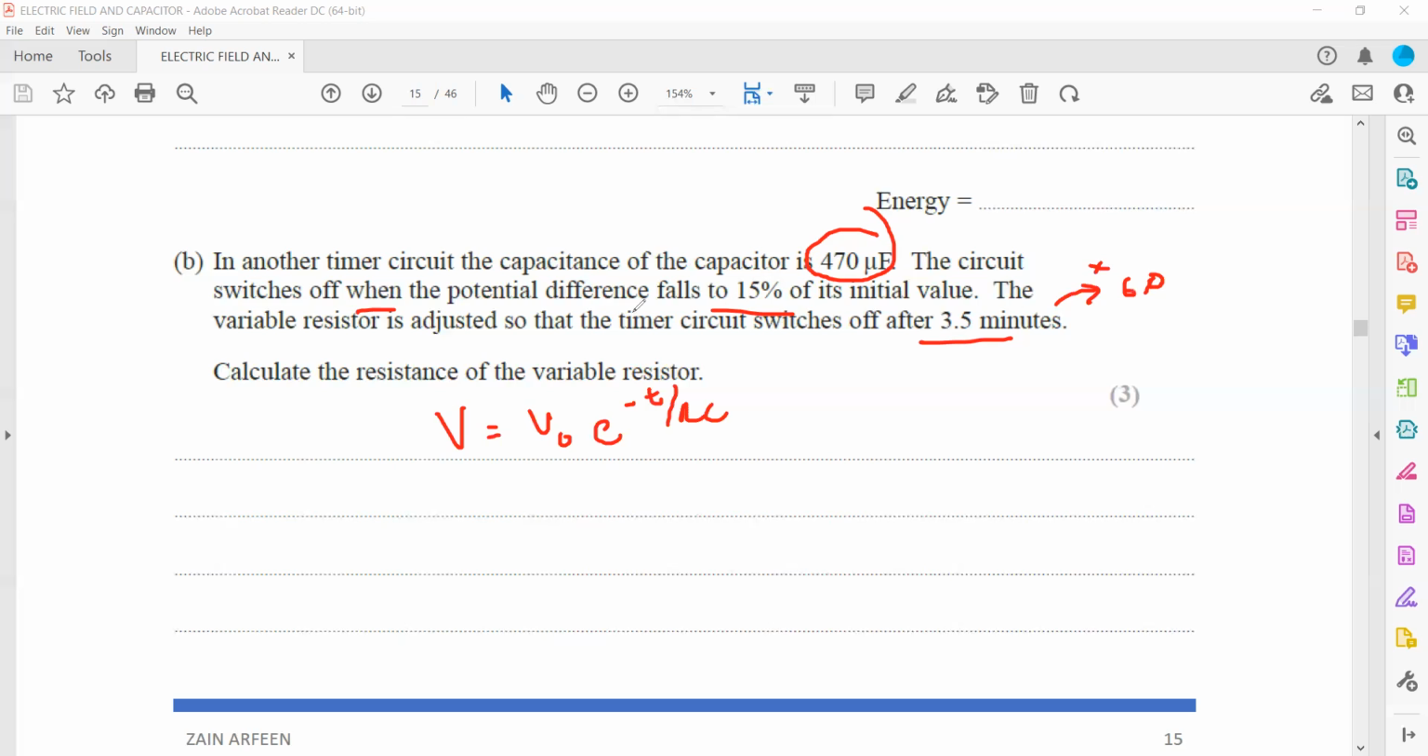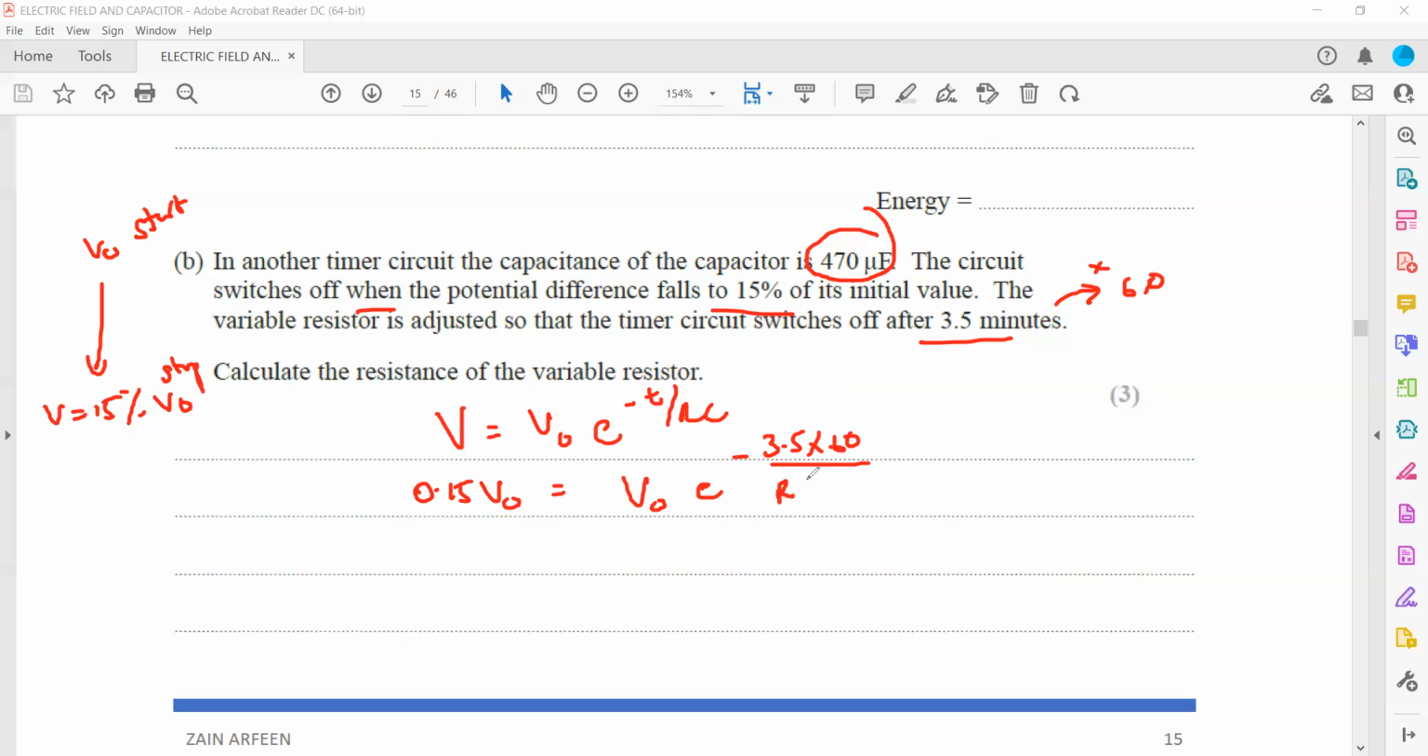It started with a maximum voltage V naught and it switched off, as I mentioned, when the potential difference falls to 15%. So this is the value at which it will stop working. So V is equal to 15% of V naught; that is the start and this will be the stop. So 15% means 0.15. So we can say 0.15 V naught is equal to V naught e raised to power minus T, which is 3.5 into 60, because we have to convert into seconds, divided by R,